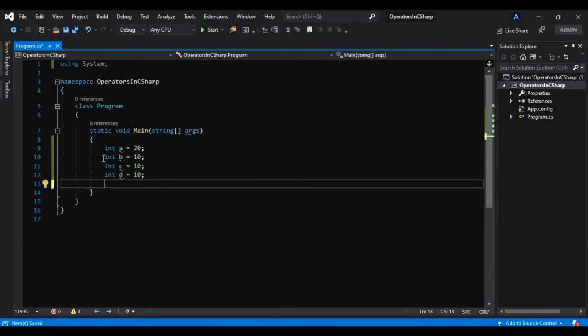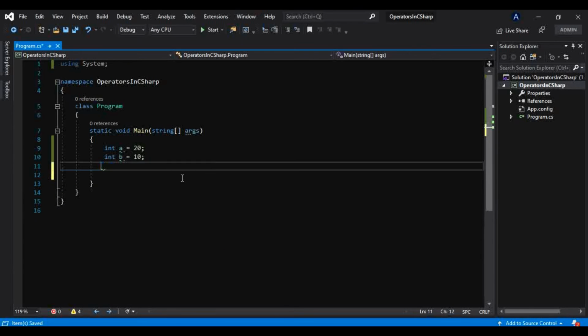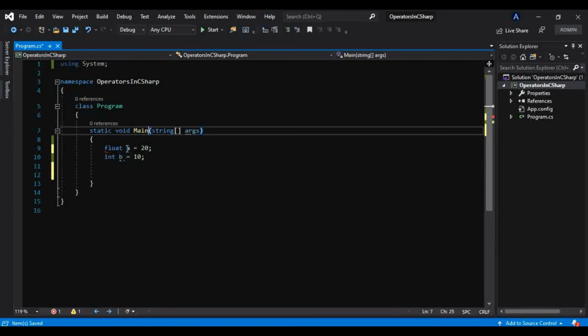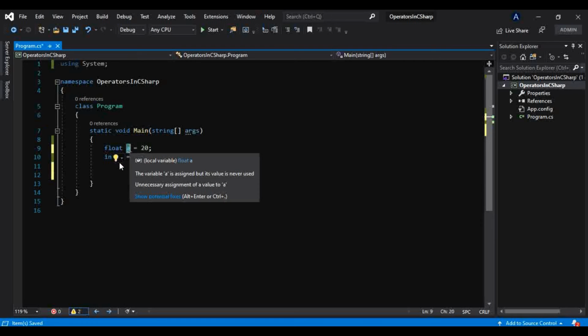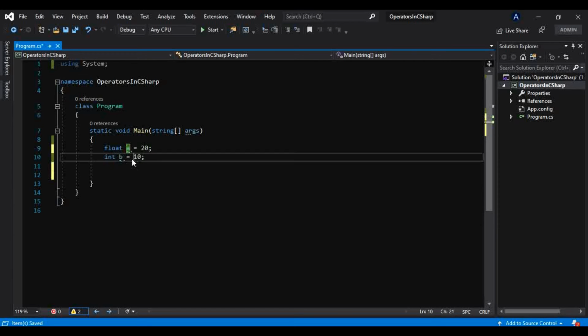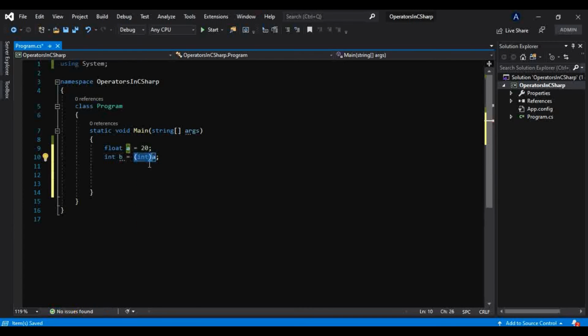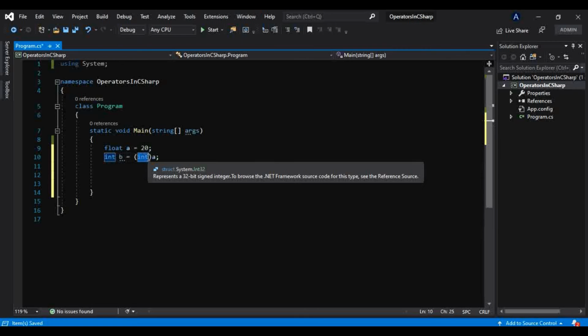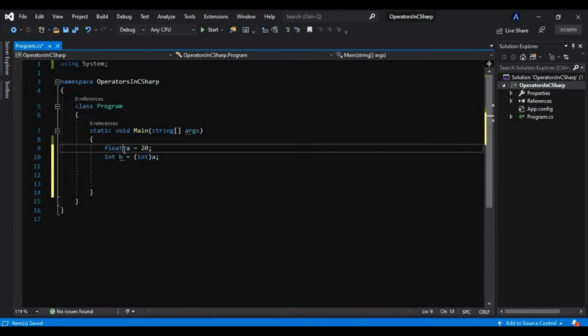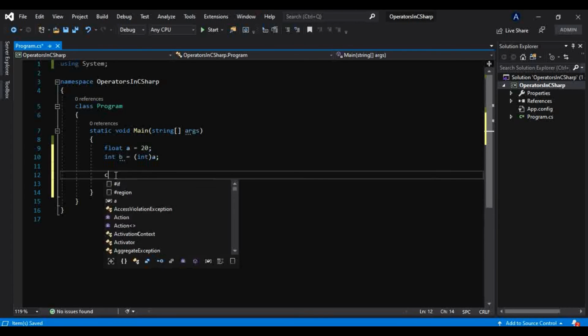We know this is an integer variable, and let's say this is a float variable, and we want to assign this float variable to this integer. Now we know for that we have to explicitly cast it, and we have learned that in a previous video. If you are not aware of that, then please check that video first. In order to understand this better, we have to cast it, and that's how, by using this casting operator and putting that type in between, we can store this float value to this int variable.